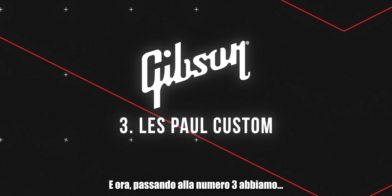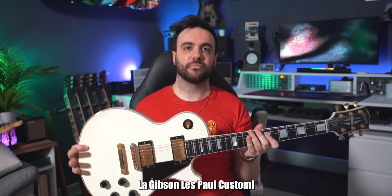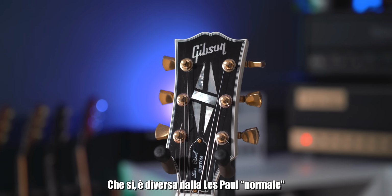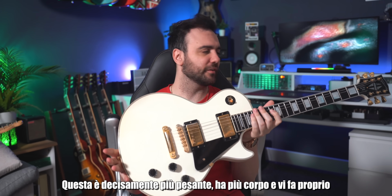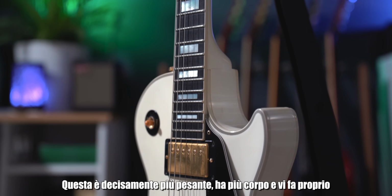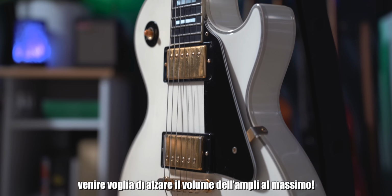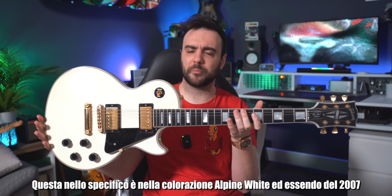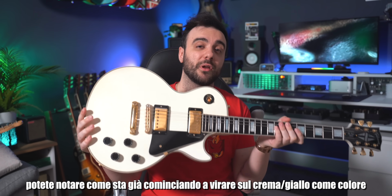And now, at number 3, we have Gibson Les Paul Custom. Yes, it is different from the regular Gibson Les Paul models. This is definitely heavier, it has more bite to it, and you just want to turn your amp to the max. This specific one is in the Alpine White finish, and being from 2007, you can already see that it's